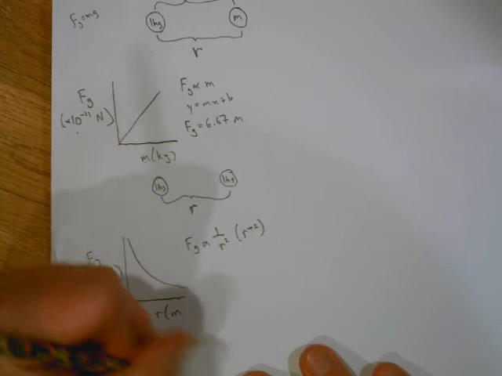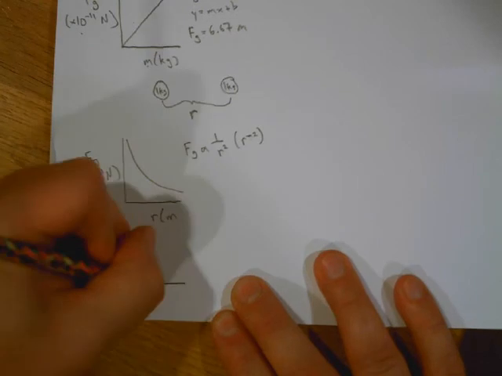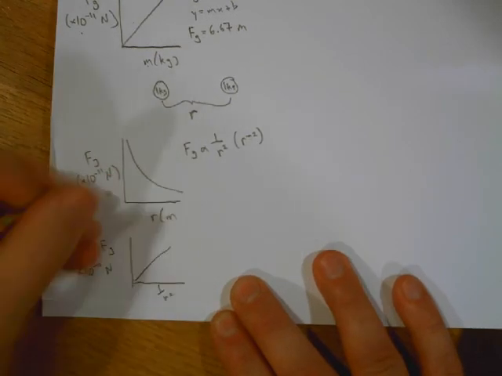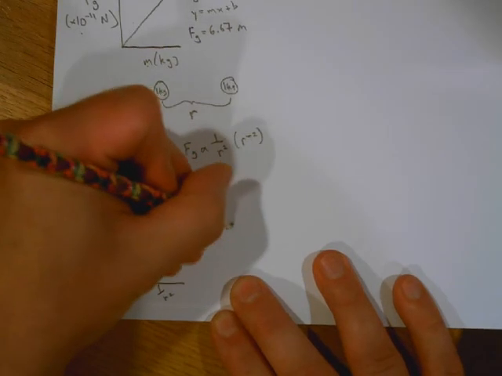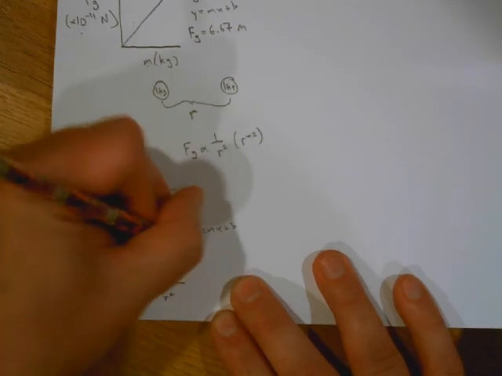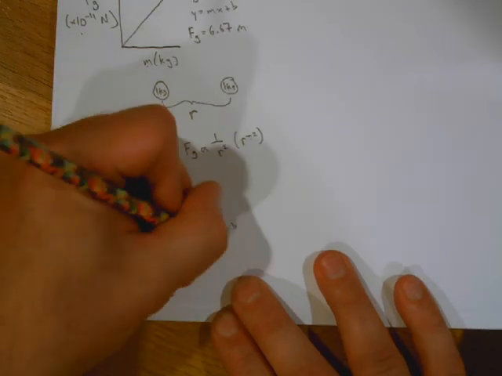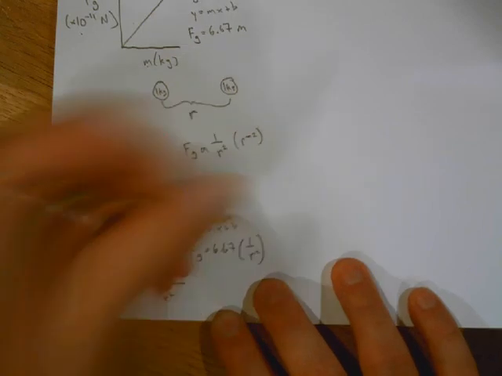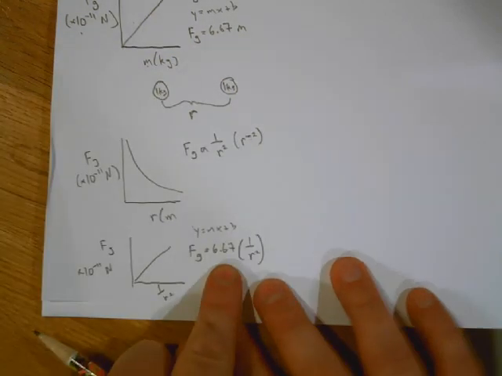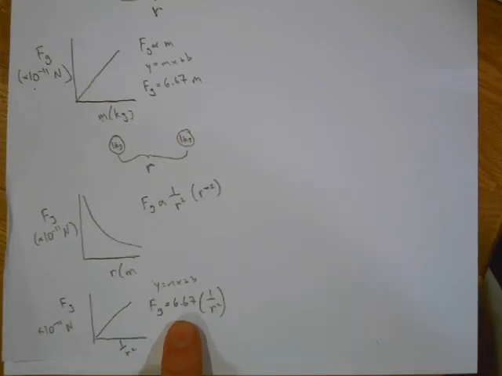So if you had to linearize this, you had Fg times 10 to the minus 11th newtons, and you put 1 over r squared there, and you got a line. If I think about y equals mx plus b, my y was really Fg, measured in times 10 to the minus 11th. My slope came out to be that same number again, 6.67, and x was 1 over r squared. So obviously this 6.67 is going to be an important number, and you're right, it is.